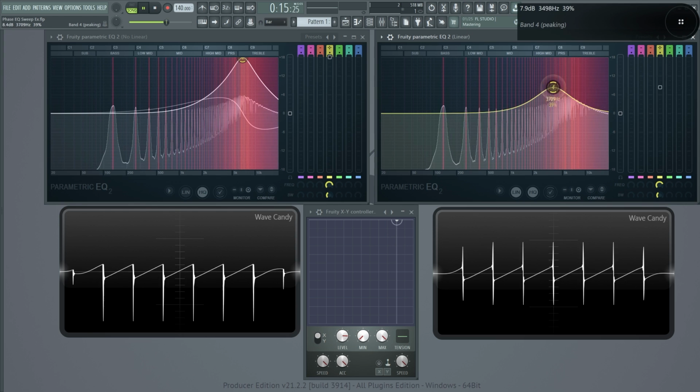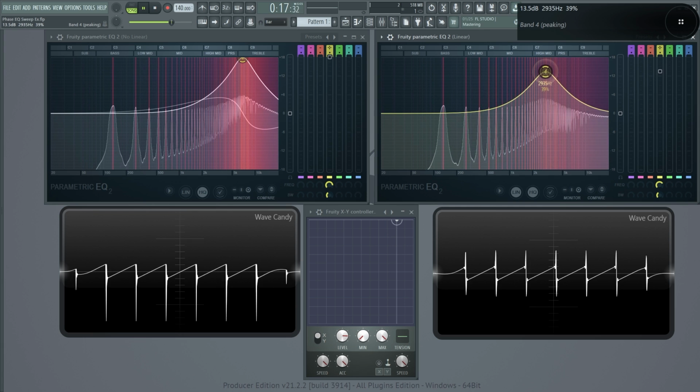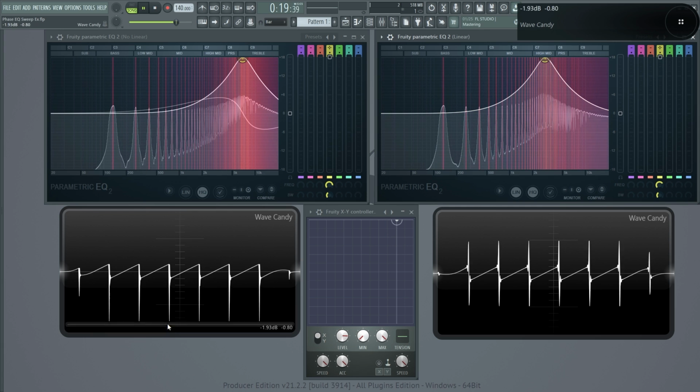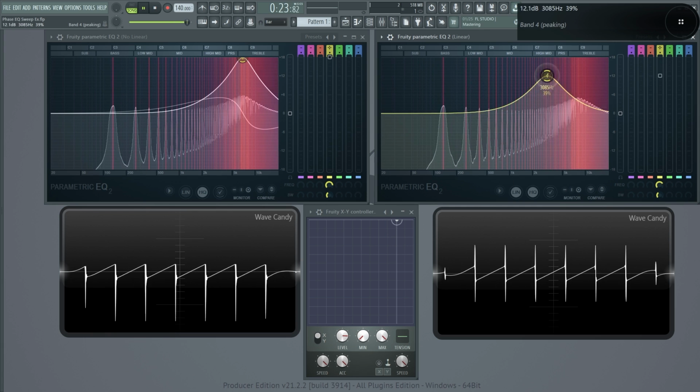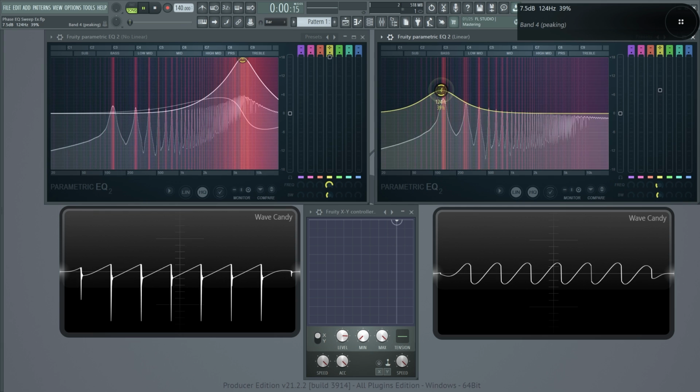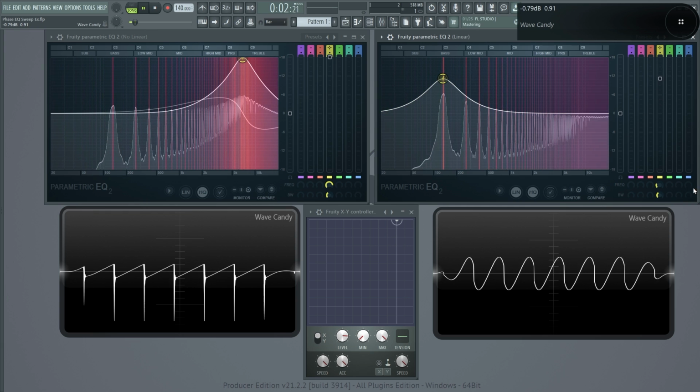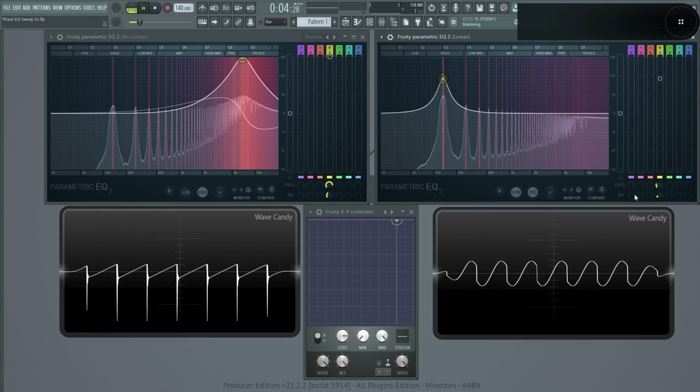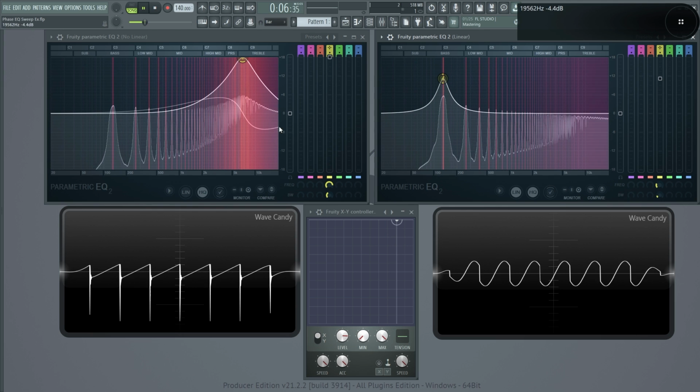Now, linear phase mode is perfect for mastering, of course, because like I just said with the headroom, but more importantly, when you want to only adjust a certain frequency, you have the perfect precision to do so using linear mode because, again, of those phase vibrations.